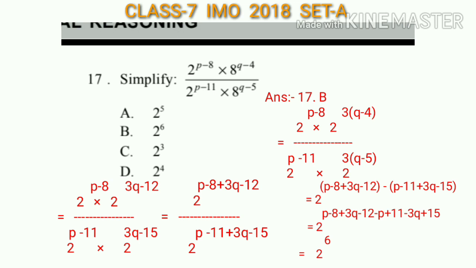So it will be 2 to the power p minus 8 plus 3q minus 12. Similarly, the denominator will be 2 to the power p minus 11 plus 3q minus 15. Now the numerator and the denominator have the same base. So while dividing, we have to keep the base same and subtract the exponents. Now it will be 2 to the power p minus 8 plus 3q minus